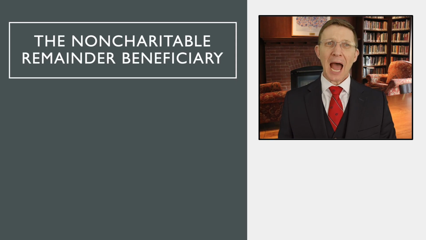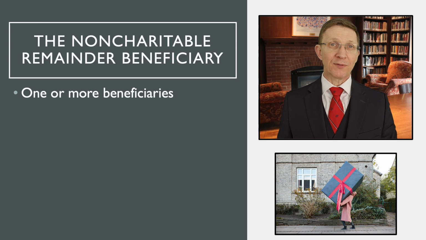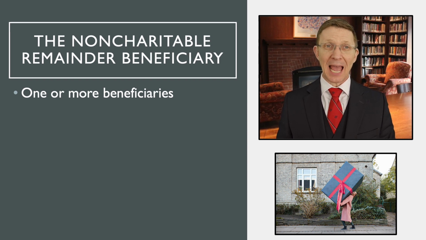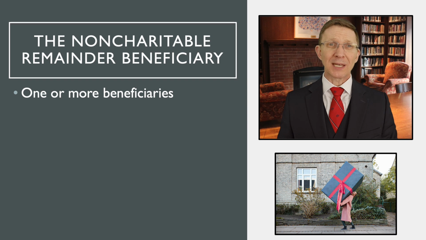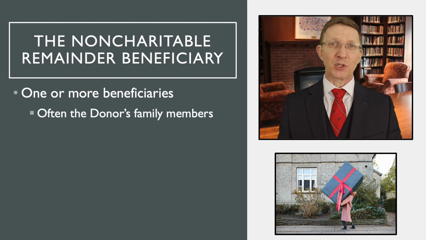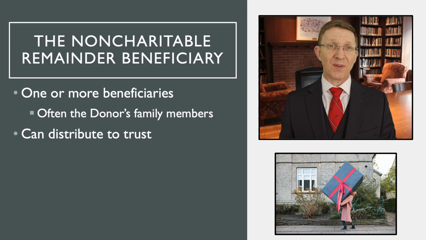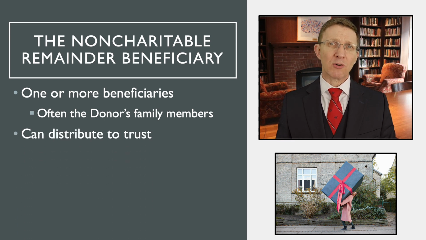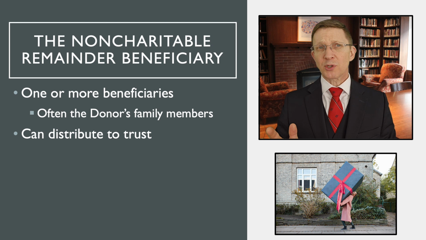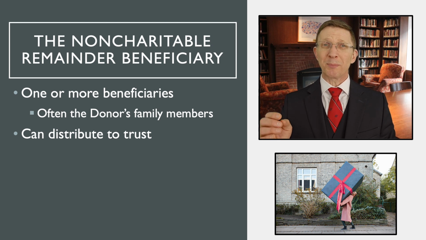The remainder non-charitable beneficiary or beneficiaries receive whatever assets remain in the CLT at the end of the term. The donor often names family members as remainder beneficiaries. The CLT can distribute to a trust for the benefit of the donor's family. If the CLT is carefully structured for this purpose, the distribution to the non-charitable beneficiaries will be free of gift